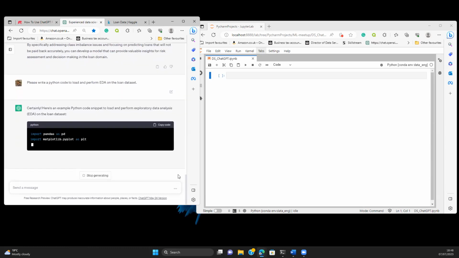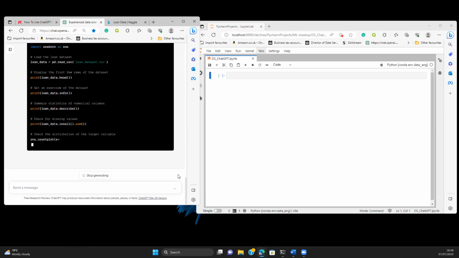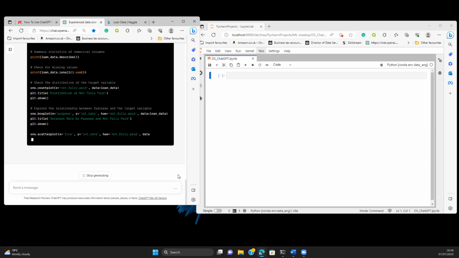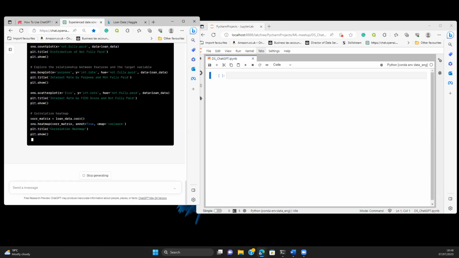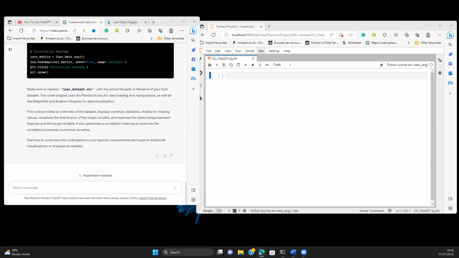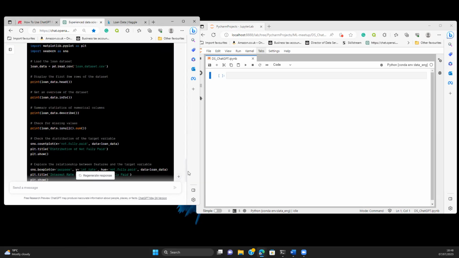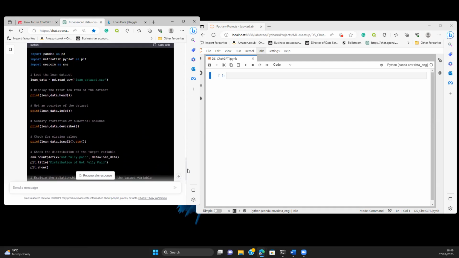You see, one thing that we need to note about this is that it will remember what we've done in the past. So we don't need to keep reminding it. Let's see what we have here. It seems to have gone far ahead, but I'm going to be splitting it down